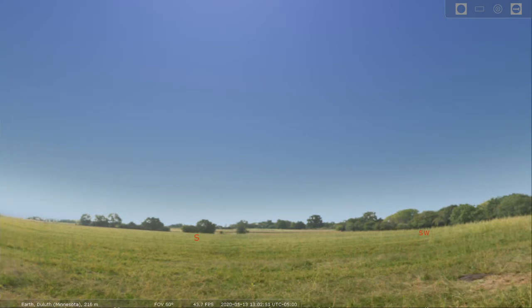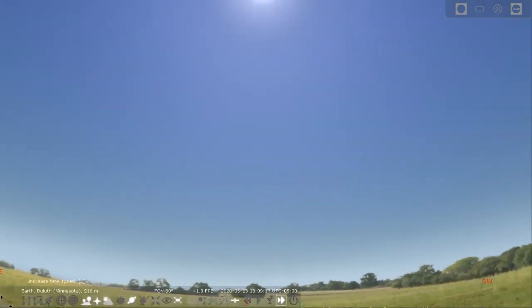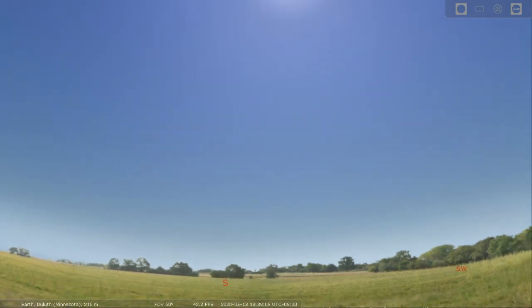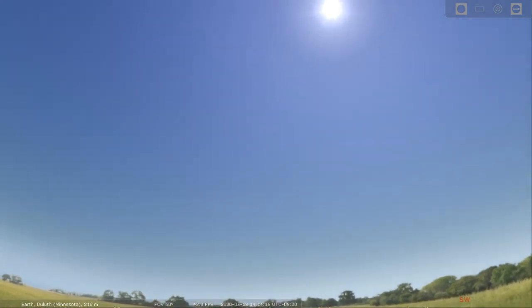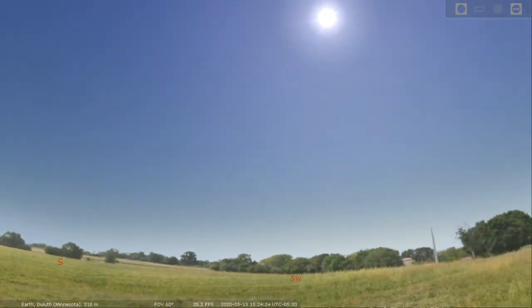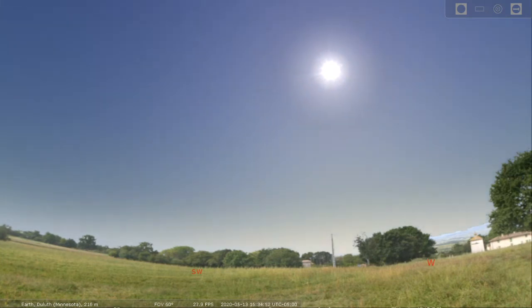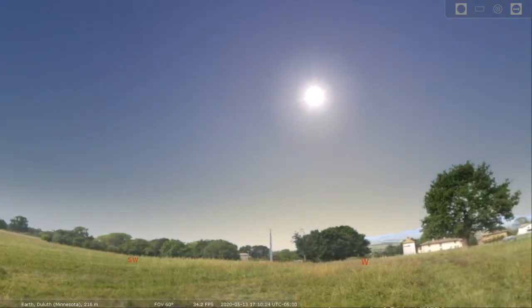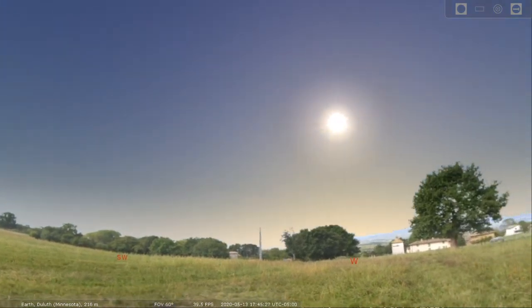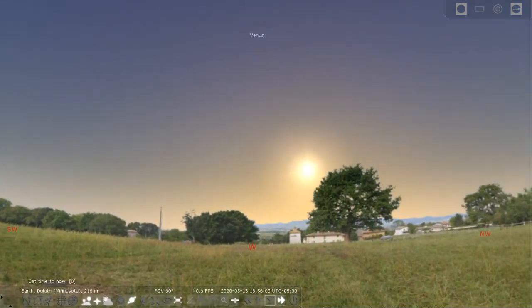But since it is the daytime, what we want to do is speed time up a bit so that we can go into the night. And as I do so, you're going to see the sun moving across the sky as it starts to set down in the west. And so the sun always rises up in the east and sets in the west because of the Earth's rotation. And so as the sun is setting,